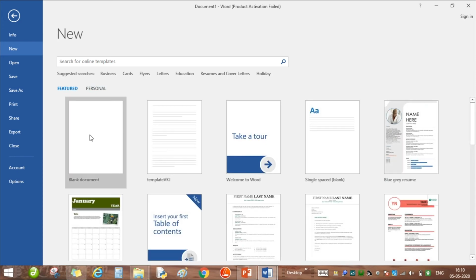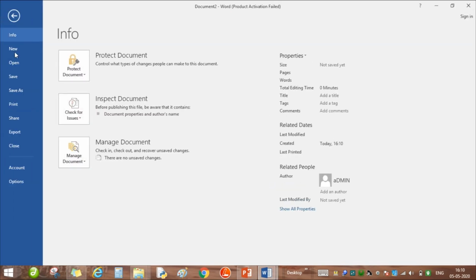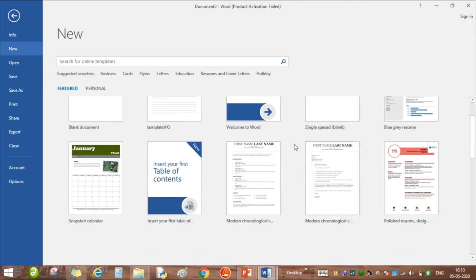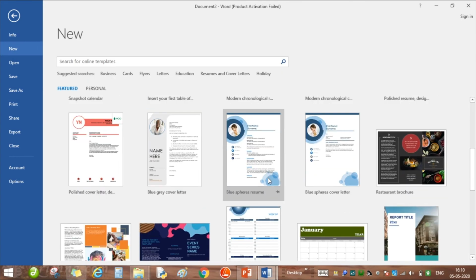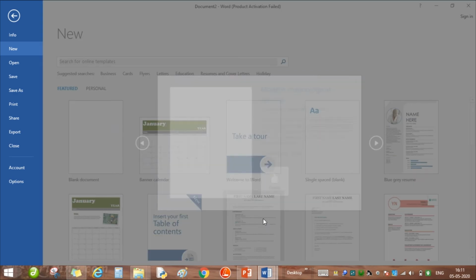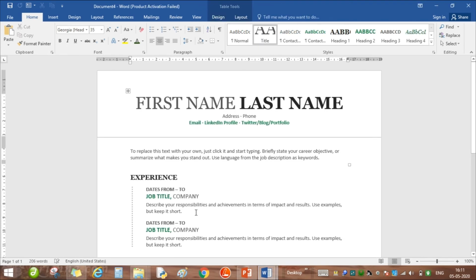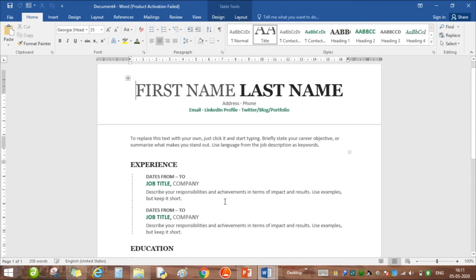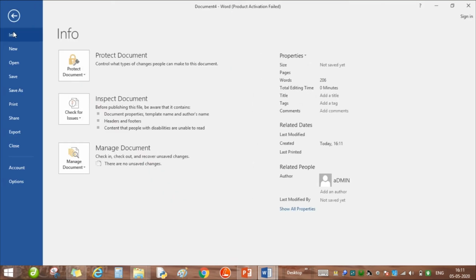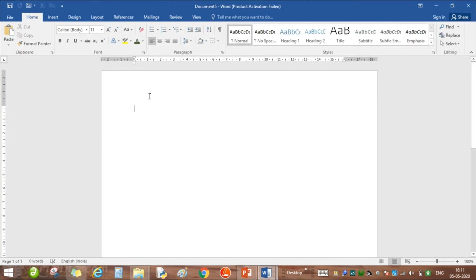Template means you want something as such. If I go back to create new document, these are all the default templates. Sometimes we need that something should always come on the header or the footer. So likewise we can have this type of template for our own personal use. So let me start how to create a template.